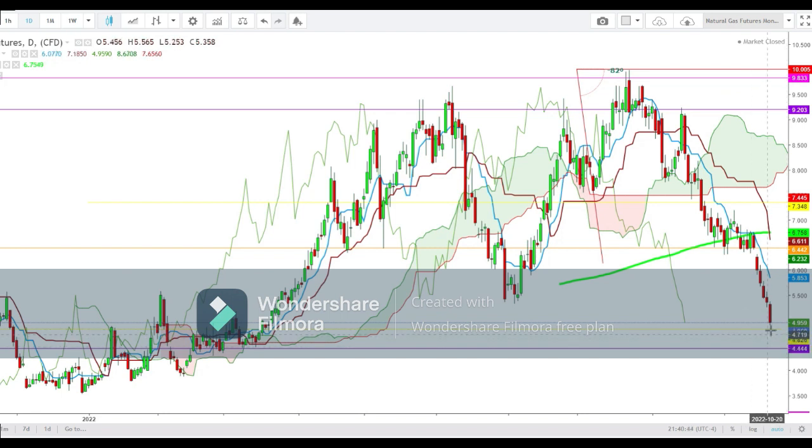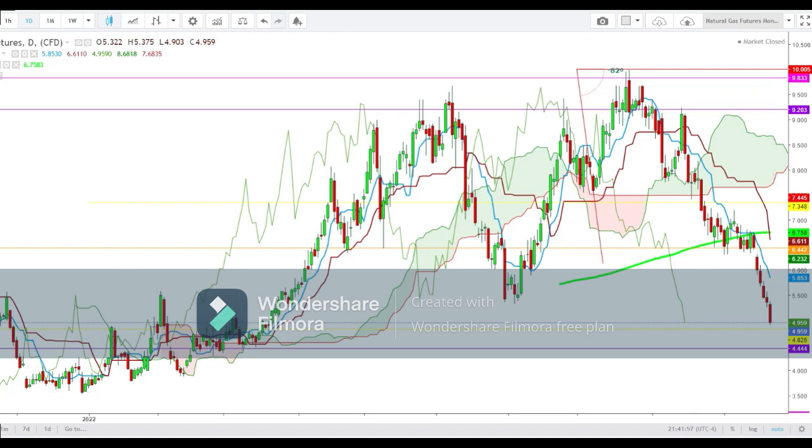So friends, here I find that if the natural futures start the upcoming week with a gap down opening well below the level of 4.826, we'll see this downward trend continue, where the natural futures could retest the levels of 3.488 during the upcoming week. So friends, here I find that the natural futures could retest the lows of December 30th, 2021 during the upcoming week, and a bouncing move could be seen from these lows. If the natural futures hit this level, we'll see a sharp rally.